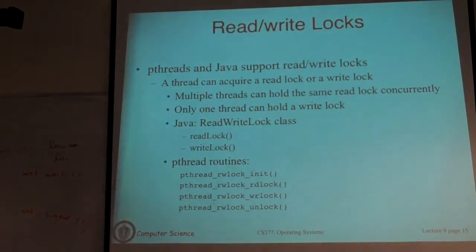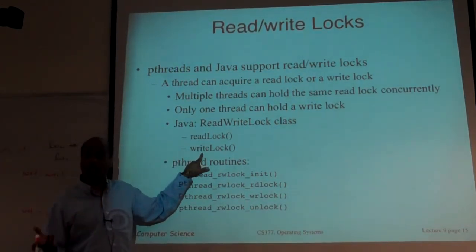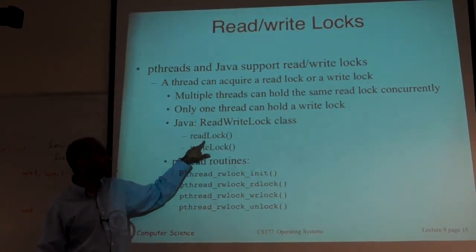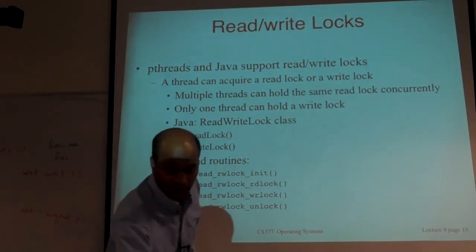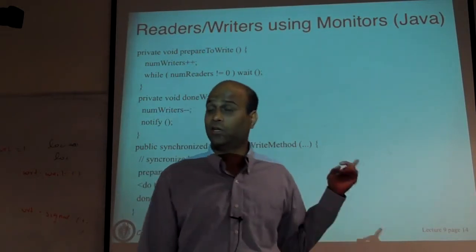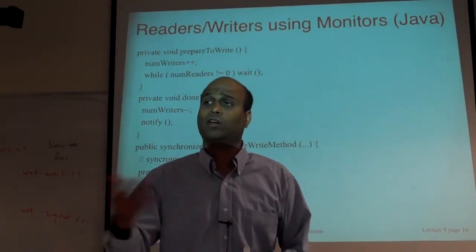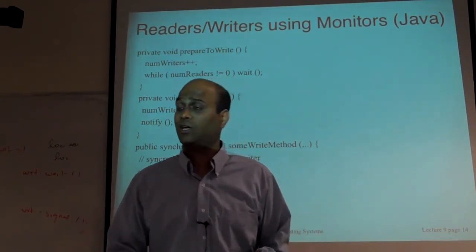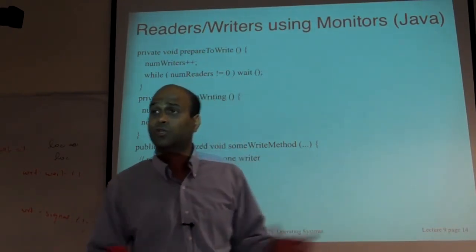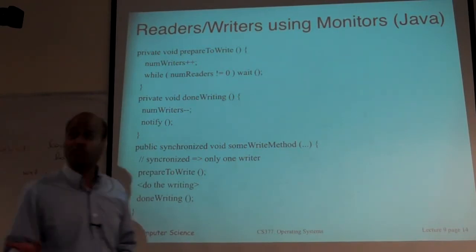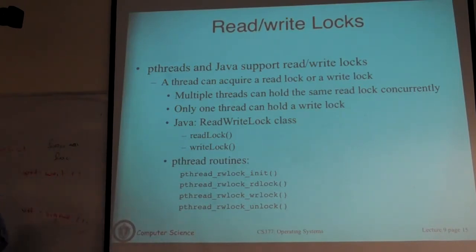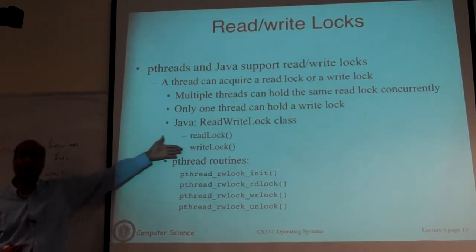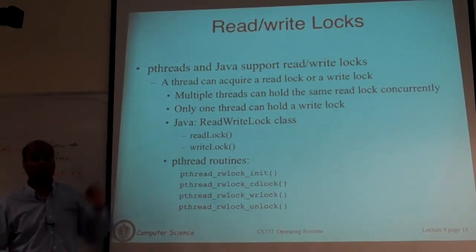Okay? So if you had that construct, your code would be very simple. The writer would just say write lock dot acquire, write lock dot release. The reader will go in and say read lock dot acquire, read lock dot release. Internally, read locks and write locks are essentially doing this. Whatever I showed you here, they'll track the number of read lock requests, write lock requests, and they'll make one thread or the other thread block. Here we squeezed it all into one solution, but this is the kind of stuff that's happening internally when you implement read and write locks. So the exercise was not only to show how to solve readers-writers, but also to show you how read-write locks are implemented internally. Okay?